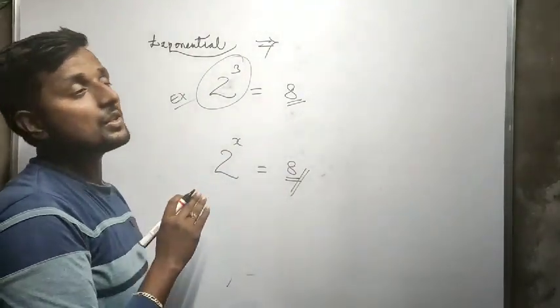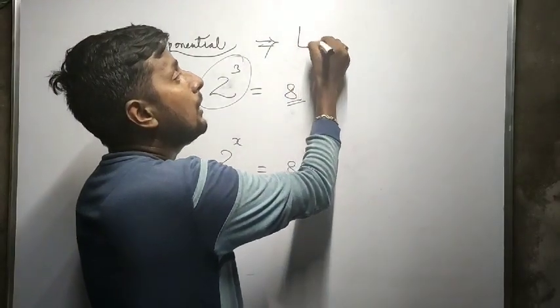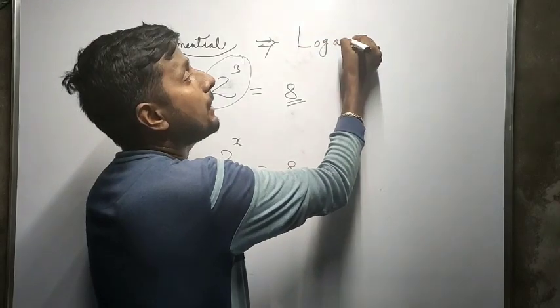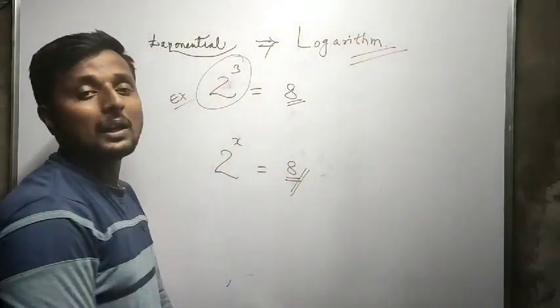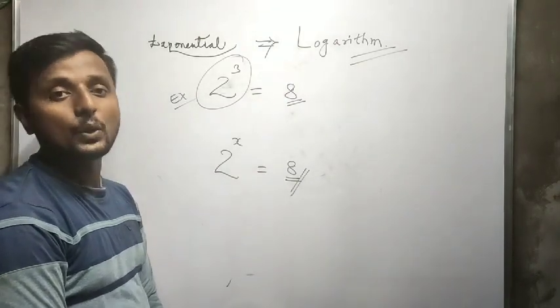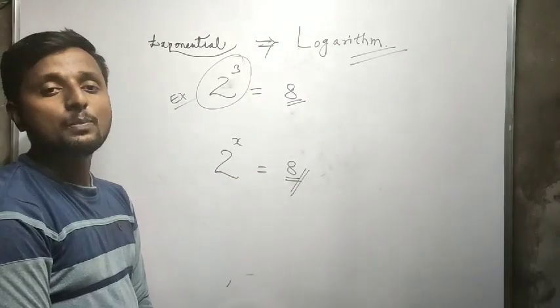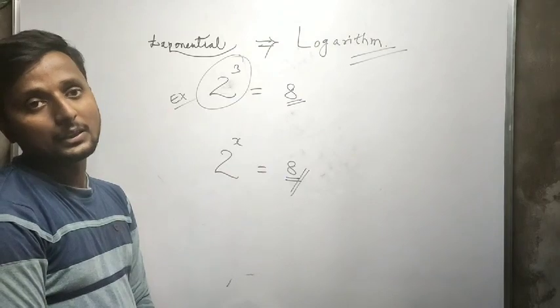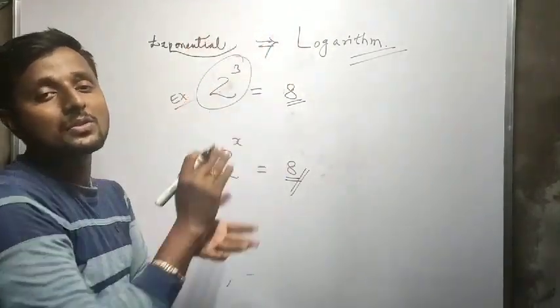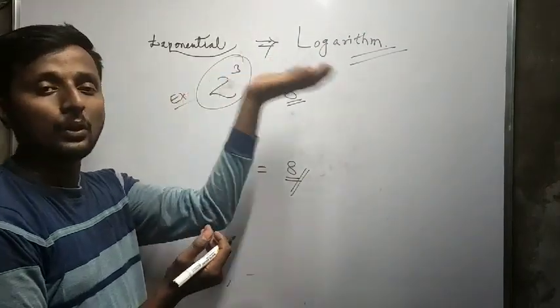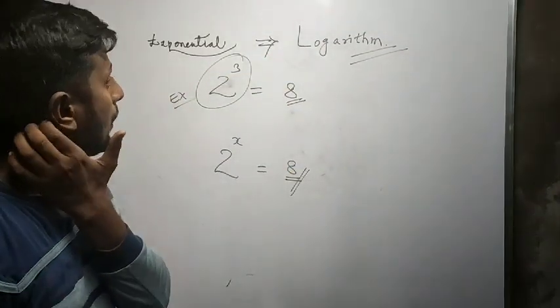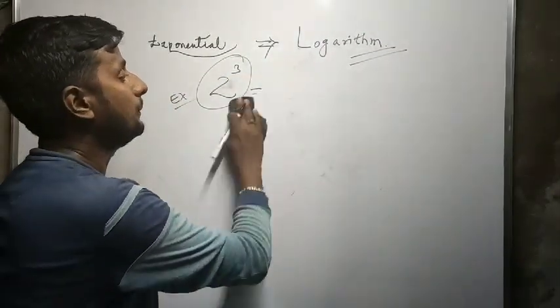So now I need an inverse of exponential form also. The inverse of exponential is called logarithms. Logarithm is the inverse of exponents, or exponents are the inverse of a logarithm, and simply they are inverse to each other, opposite to each other. We can convert from one way to another. Okay, we'll see the formula.